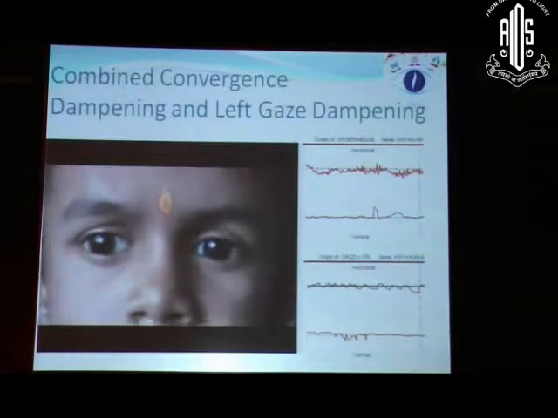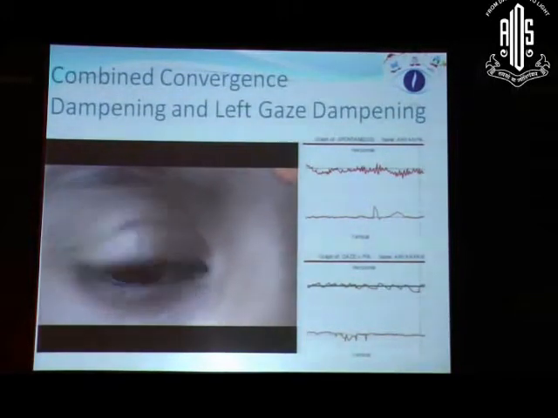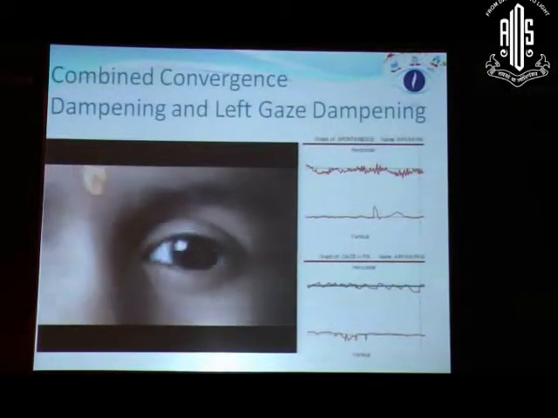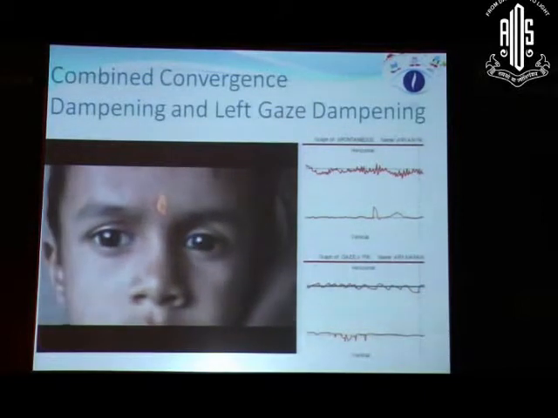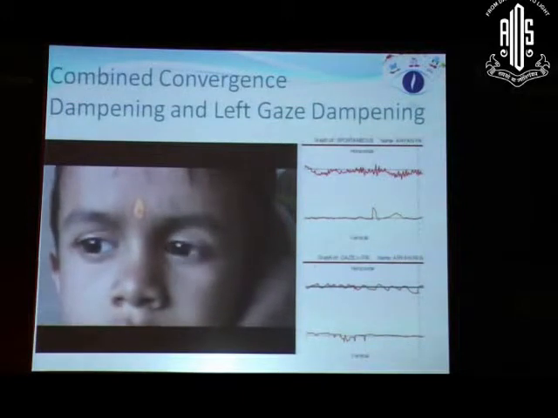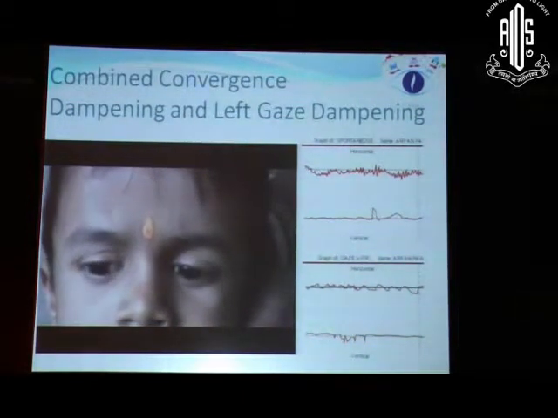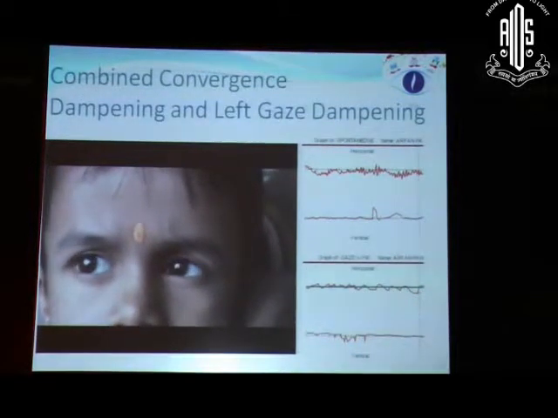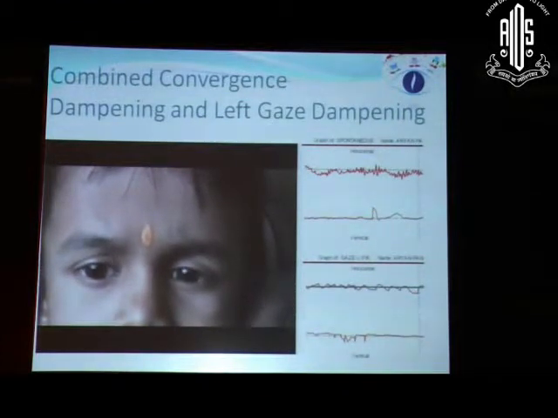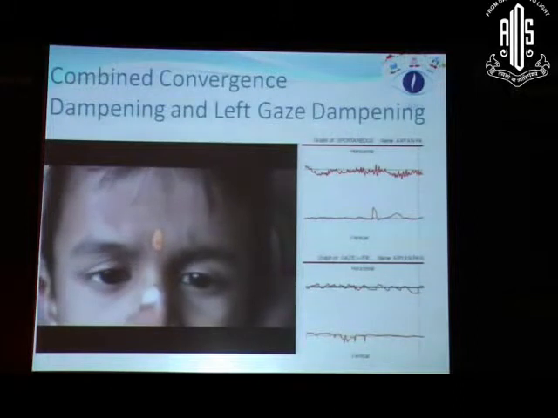The video recording of nystagmus is helpful to differentiate the kind of dampening in nystagmus that is taking place, whether it is pure convergence dampening. In the upper panel, as you see on the right side, you have the patient without looking at a near target; while looking at a near target, the patient is having a significant gaze dampening. So you can utilize two strategies to improve vision in these patients: the Belmont strategy as well as the convergence dampening strategy, by using an artificial divergence with the prisms or with the surgery.